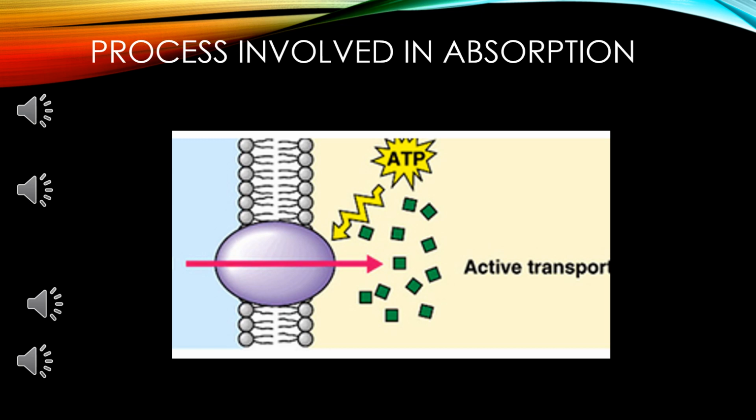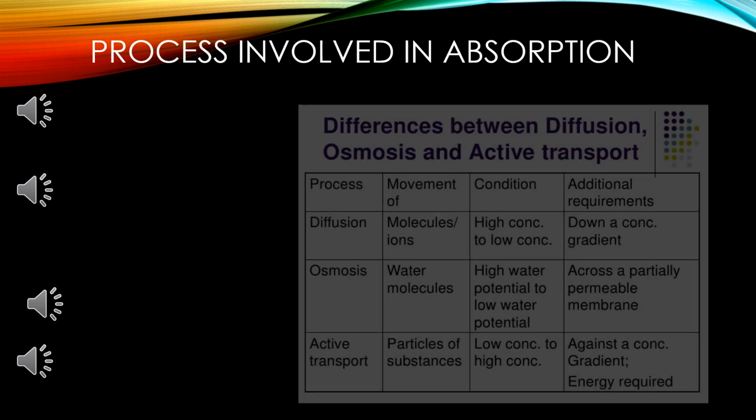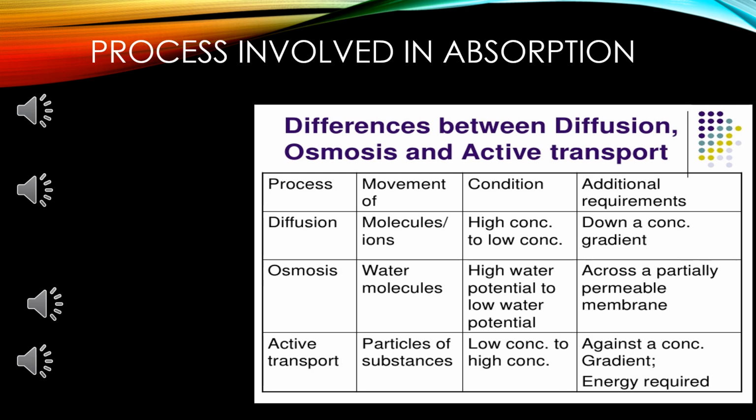That means the root absorbs minerals from the soil by this process, active transport. The soil contains fewer minerals, but the root contains more particles. That means inside the cell sap there is a large number of dissolved mineral elements. So the root hair absorbs the mineral elements from the soil into the root hair by active transport, using energy from the cell. That is active transport.